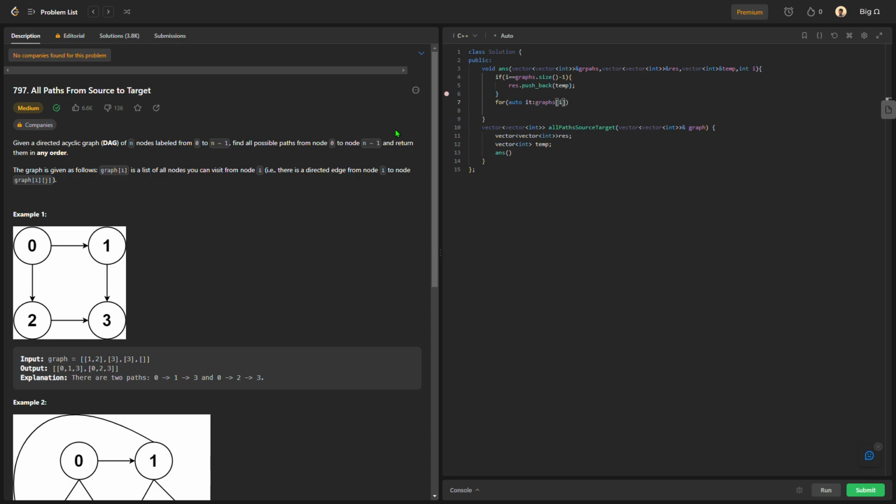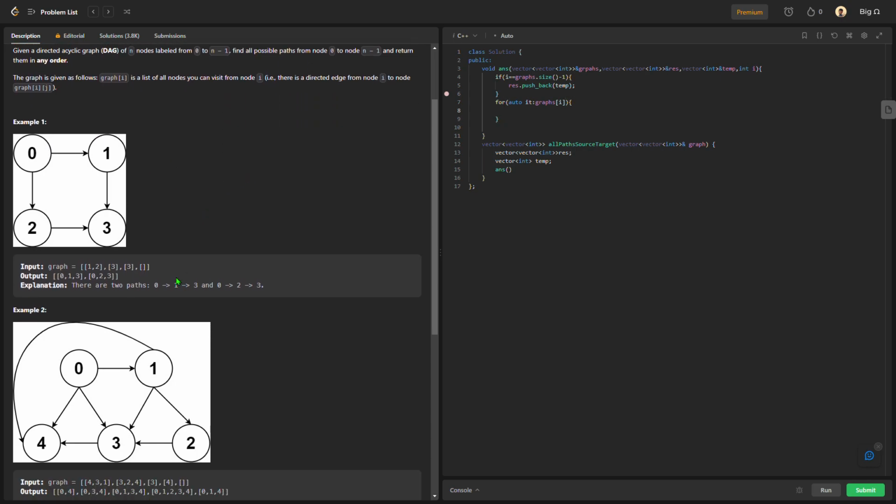graph at i. Initially i was given as 0, so for the 0th node, where can I traverse? I can traverse through all its ITs. At the 0th node all ITs I can traverse. So if I am traversing all of its ITs, then I would be saying answer,